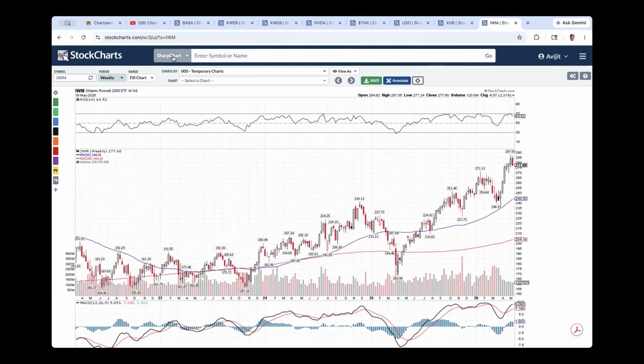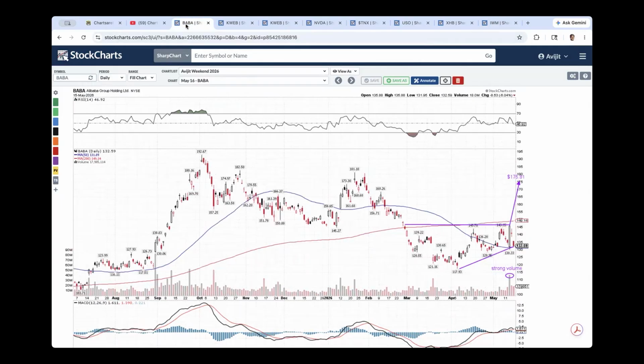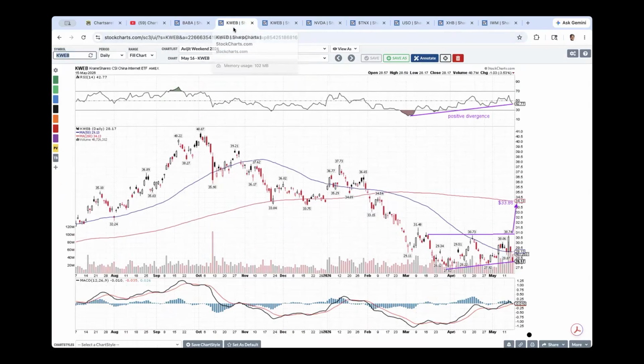So just to quickly wrap it up, we're talking about perhaps the internet stocks in China are setting up for a good buy. Alibaba in particular, if it's able to break out from that key resistance line at 146, can go to 176. KWEB, their ETF, if it breaks above 30.7, goes towards 34 to test its 200-day moving average. Nice positive divergence as this ascending triangle is happening.